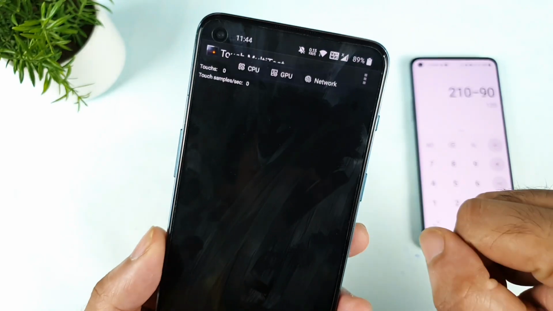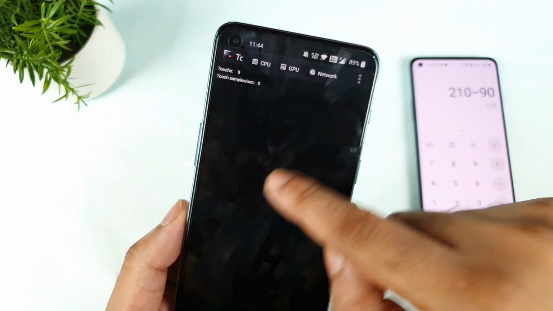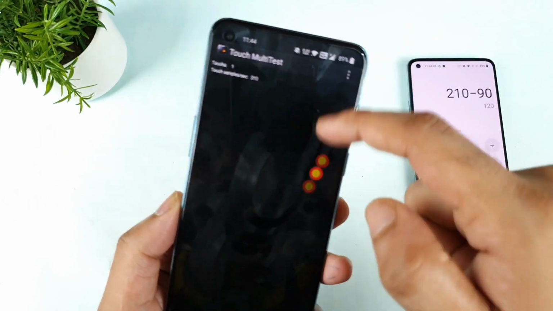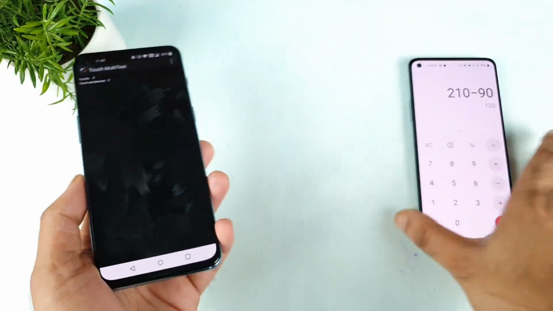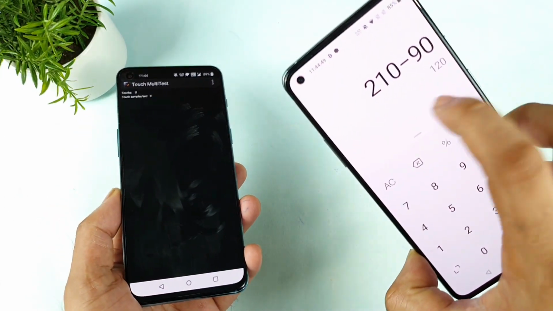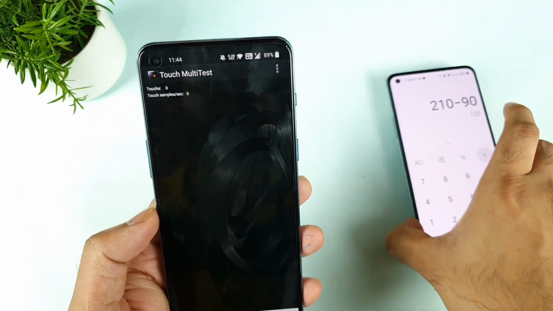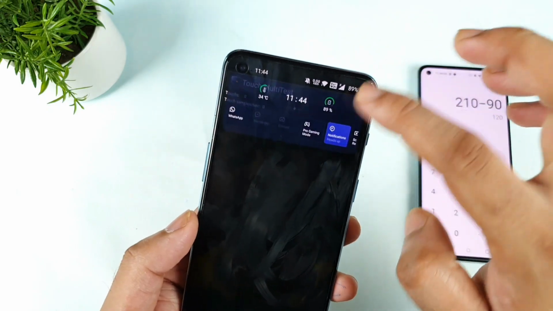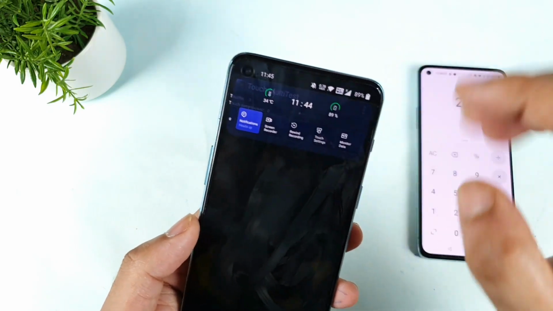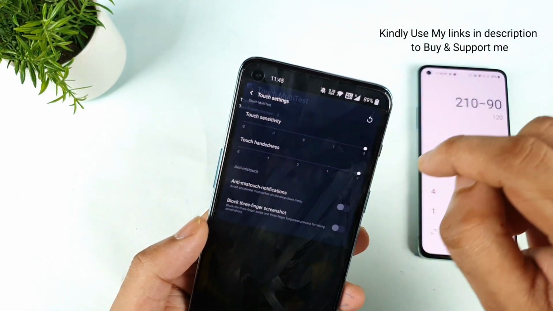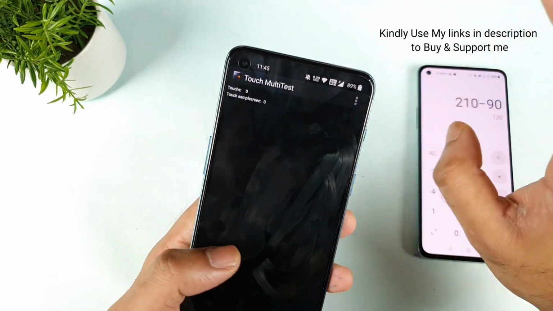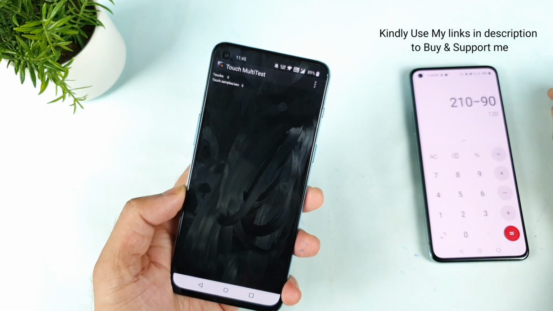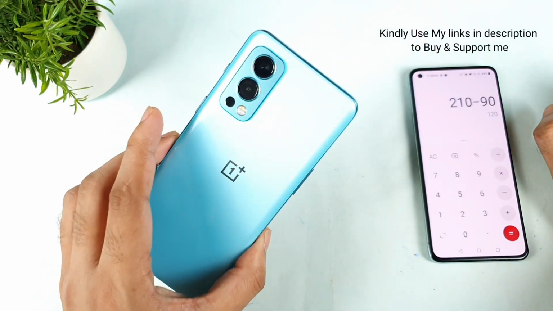Right now I'm using the same application which I used before and adding it into the game space as well, just to check whether it will boost or not, but I'm still getting the same results. Same 120 Hz number, as you can see, 90 Hz refresh rate, 120 Hz touch sampling rate. So nothing much has changed even after the recent update. I even tried changing a couple of settings, touch sensitivity, increasing and decreasing, nothing. So it did not work at all. The touch sampling rate in this phone did not increase at all. It's remaining exactly 120 Hz only.